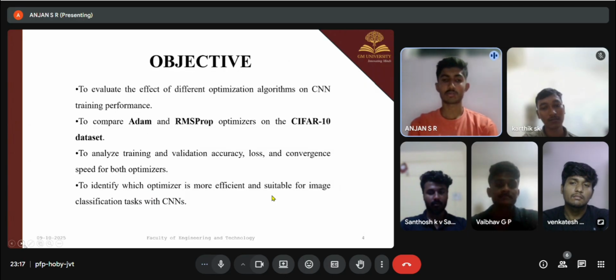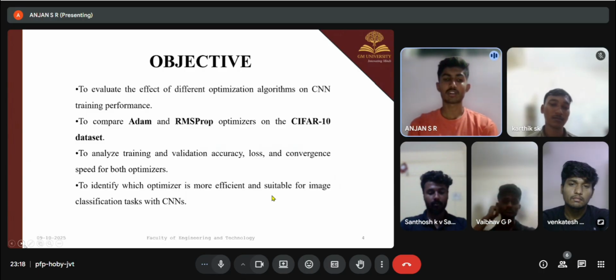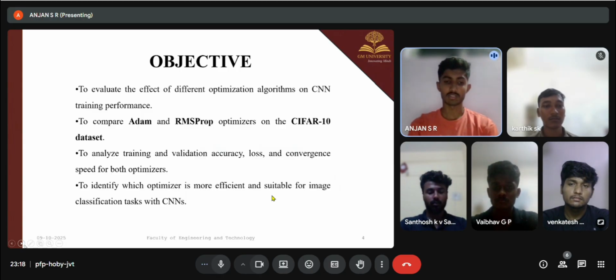The objective of our project is to evaluate the effect of different optimization algorithms on CNN training performance. We compare the Adam and the RMSprop optimizers with the CIFAR10 dataset to analyze training and validation accuracy, the loss, and the convergence speed for both optimizers. We use it to identify which optimizer is more efficient and suitable for image classification tasks with CNNs. Now, the next slide is continued by